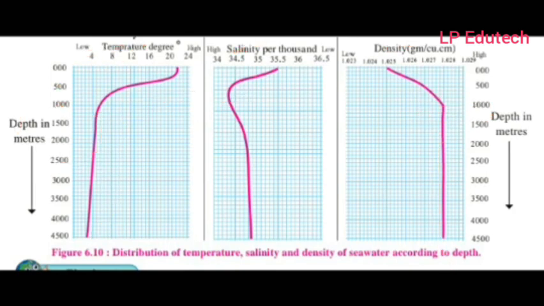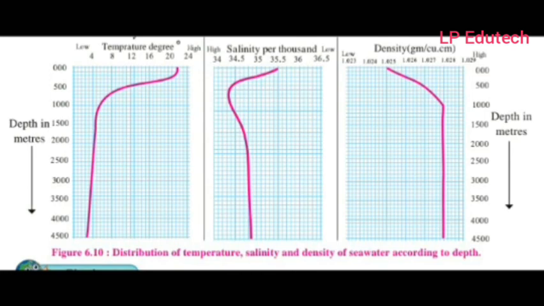Now, the geographical explanation for the same. See figure 6.10. The graph shows salinity, temperature, and density with reference to the depth of seawater. Now you know that the density of water depends on the temperature and salinity. If you see the graph carefully, you will realize that after a certain depth, there is no change in these factors according to the depth.